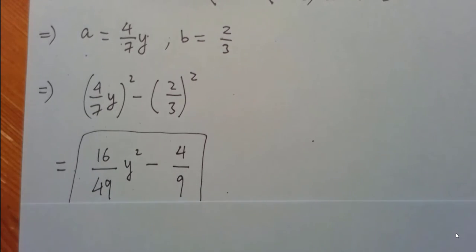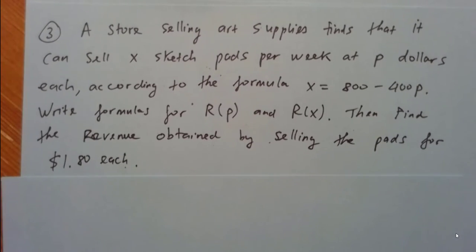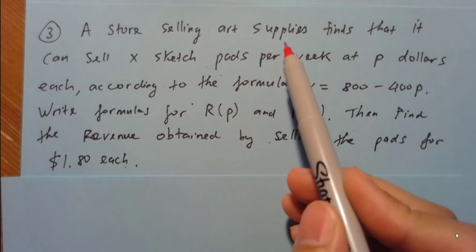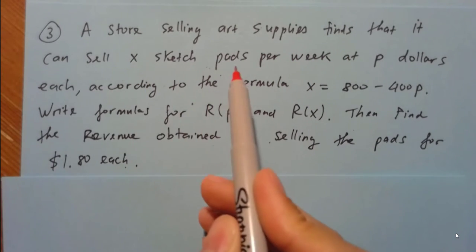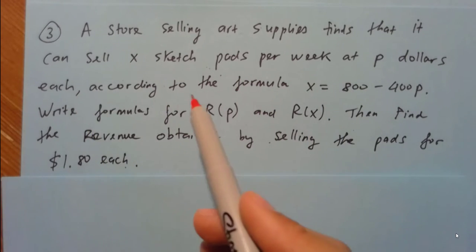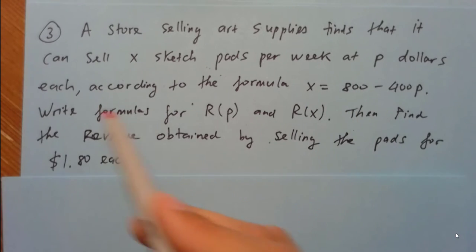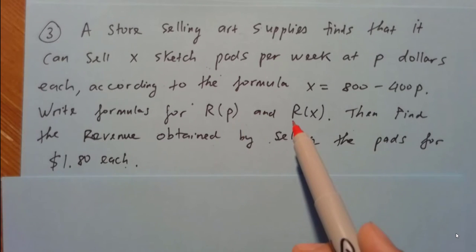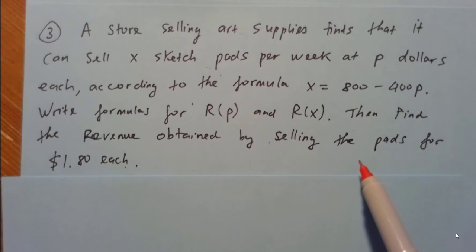And the last question that someone asked me is the word problem. A store selling art supplies finds that it can sell X sketch pads per week at P dollars each, according to the formula X equals 800 subtract 400P. Write the formula for R of P and R of X. Then find the revenue obtained by selling the pads for